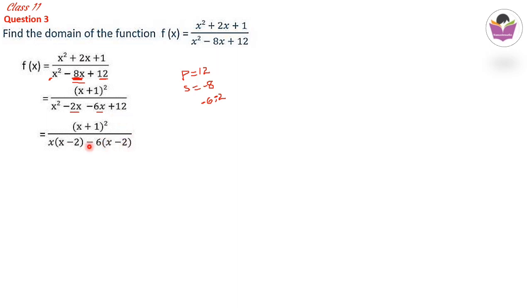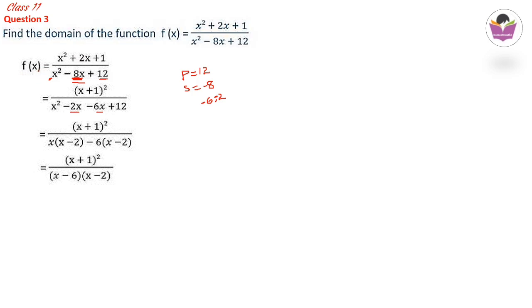And in these two terms of the denominator, x minus 2 is common. Numerator as it is, we can write. x minus 2, if you take common, the first term there is x balance, second term there is minus 6 balance. So the denominator is x minus 6 into x minus 2. Now this is the simplified form of our function.